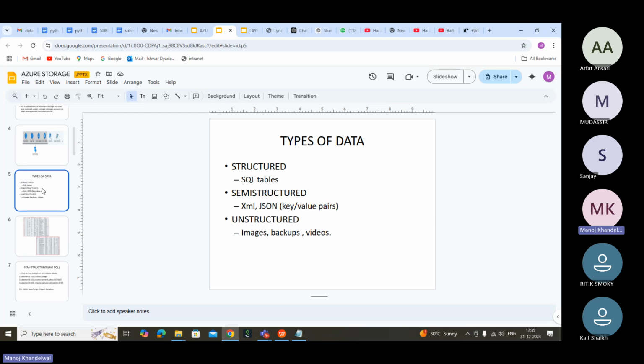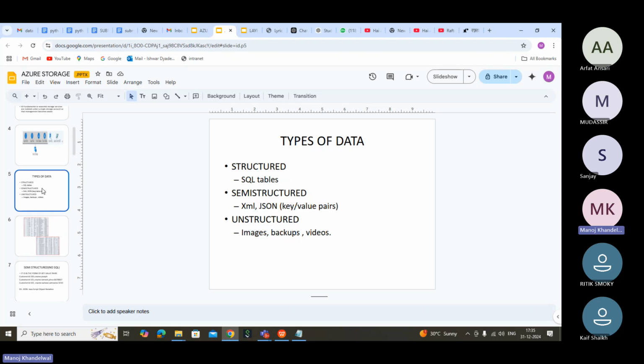Structured means SQL table. The data is in tabular form. That is structured. Like an Excel sheet, where we prepare everything in a structured way. It has columns, and the columns are defined properly.